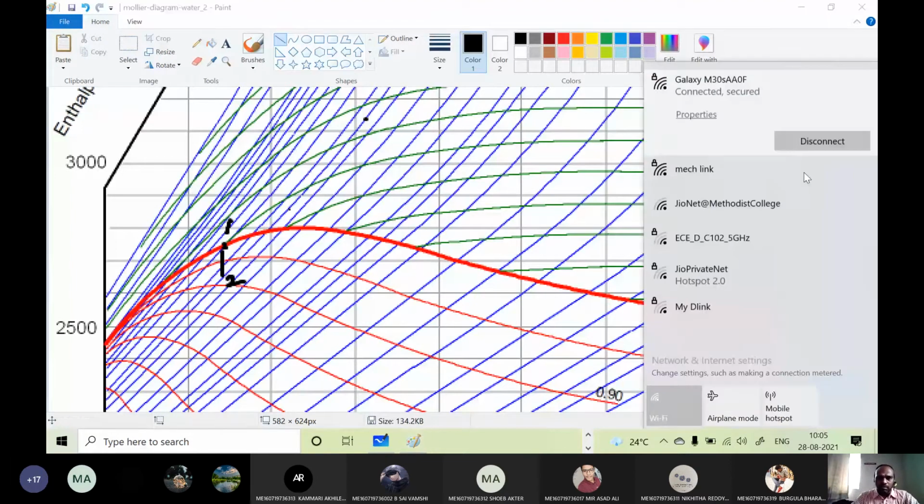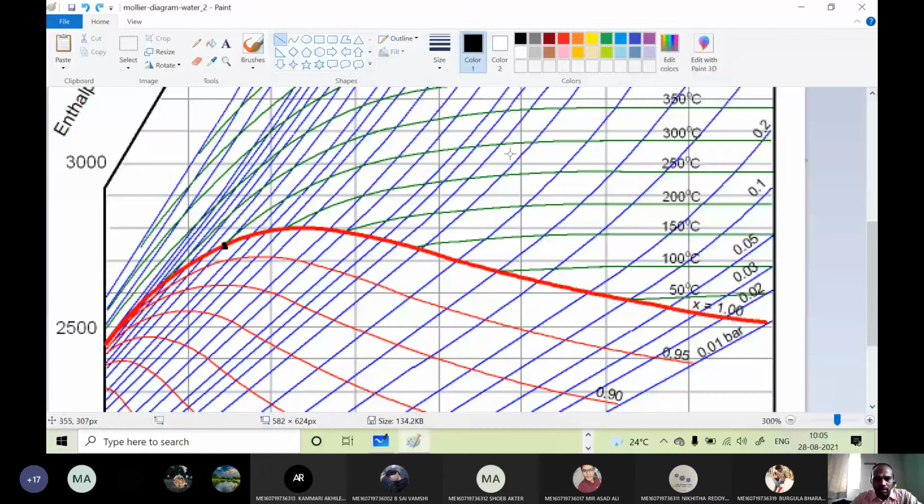Now tell me. So again I'll explain this one Mollier diagram. Now is my voice is laggy or it's okay? Okay, sir. Okay, now so first we need to select the point 1.